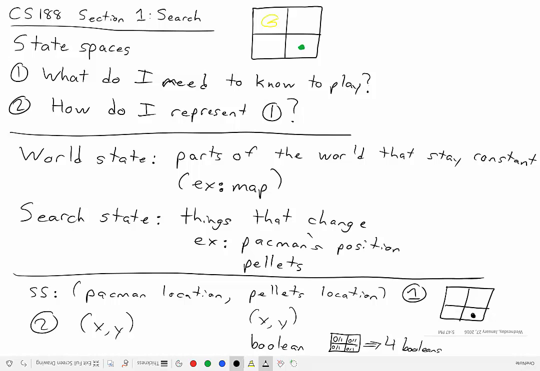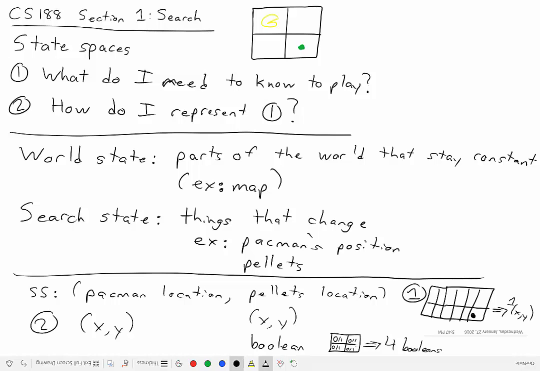That's just knowledge I know beforehand. It would be better to do XY because there's only one pellet. If I make the board even bigger, the point gets across even more. It's only one coordinate, but if I did Booleans,